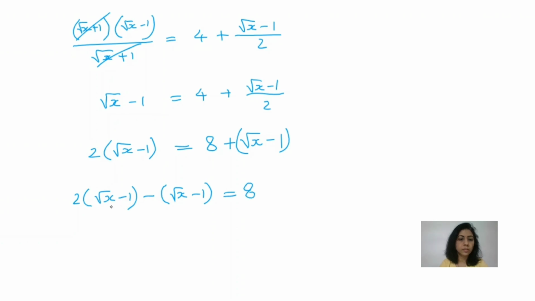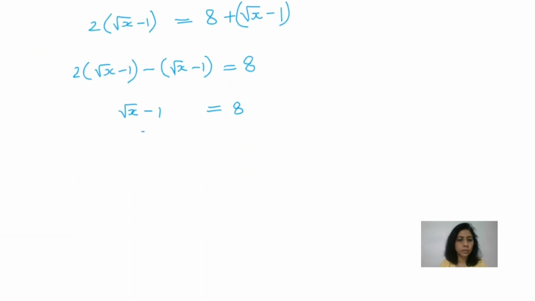This is the same thing, and here 2 minus 1, so 2 minus 1 is 1. The 1 we don't write, just write like this: square root x minus 1 is equal to 8. Now add 1 to both sides. The 1 cancels, and square root x is equal to 9. Taking the square on both sides,